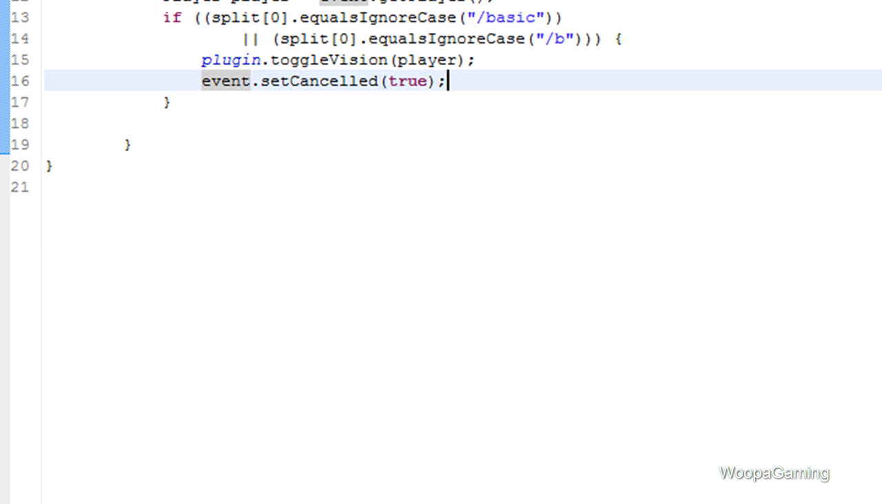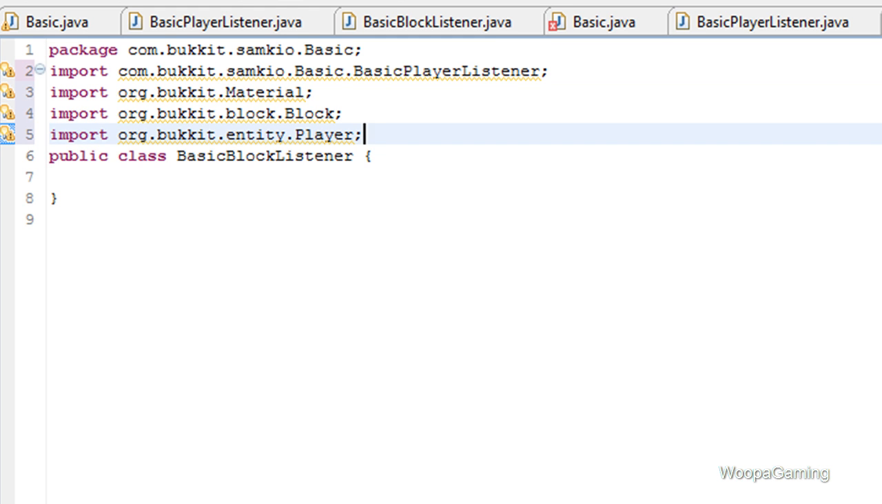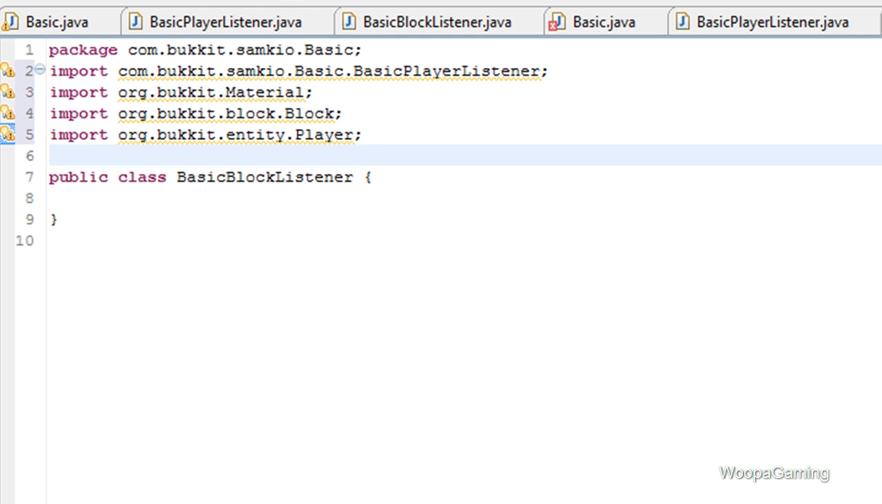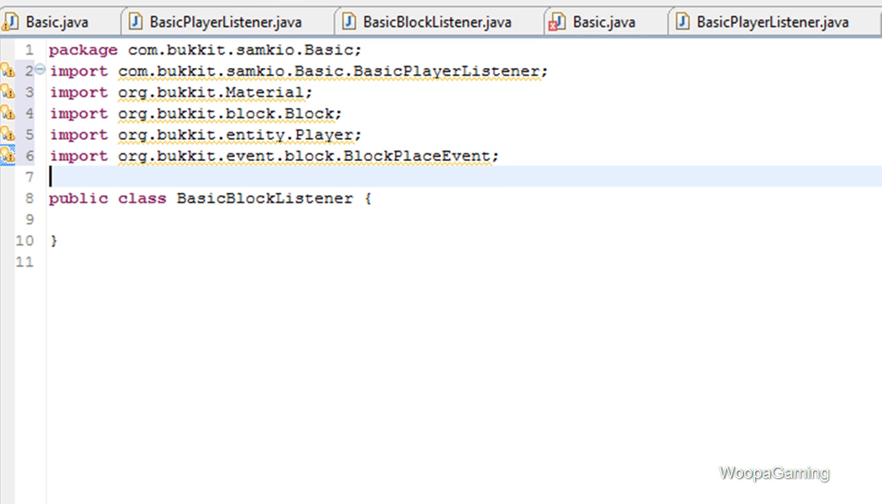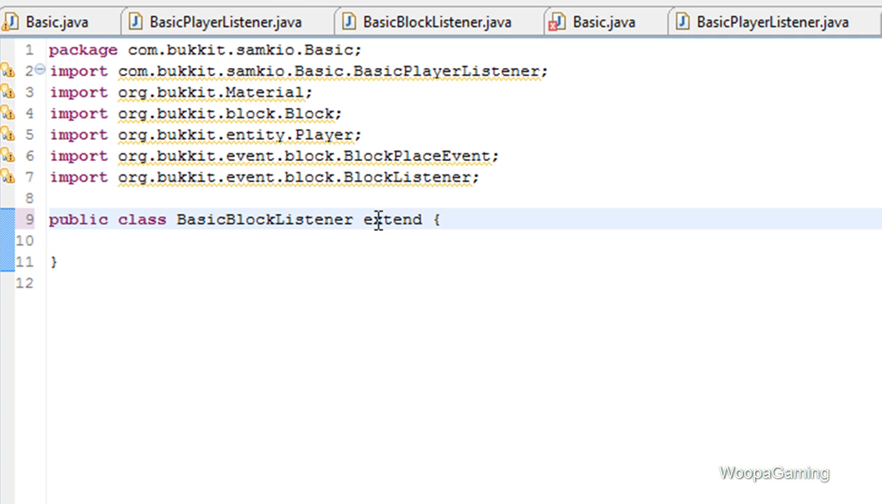Now lastly, we need to check to see if the user has placed a torch. And first of all, as before, we import all the necessary things which we shall use. So just basic BlockListener, BlockPlaceEvent. These will change, of course, depending on what you're doing. This one needs to extend BlockListener,